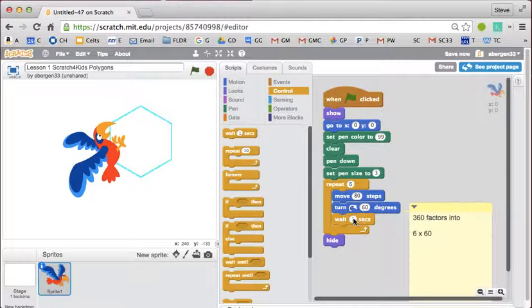After each thing, I'm going to make it wait half a second. Okay, so now it's going to wait half a second. And now when I run it,